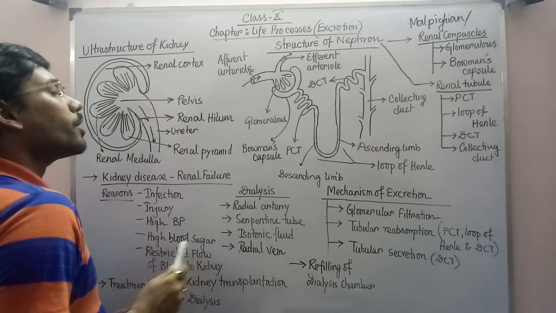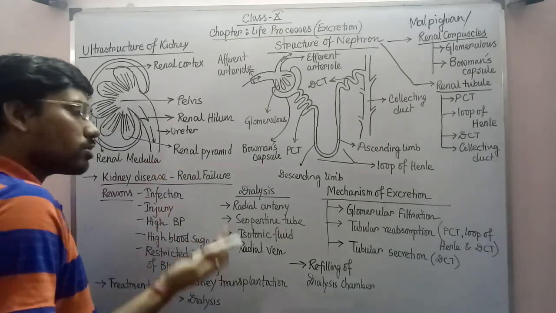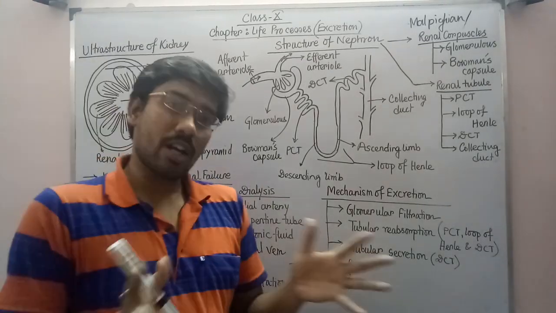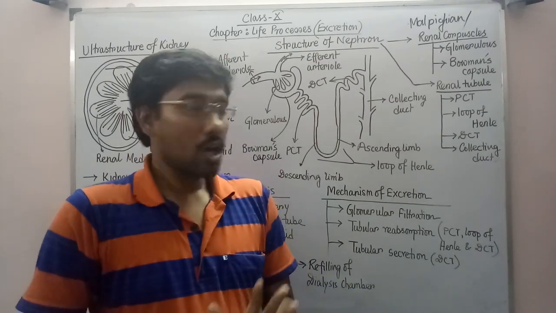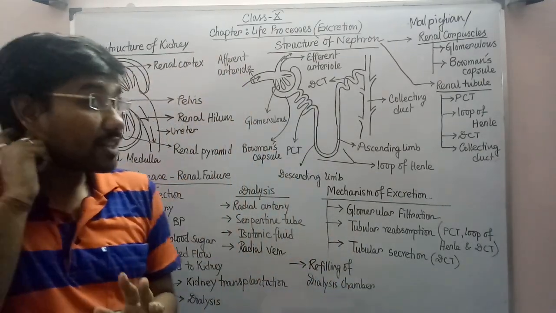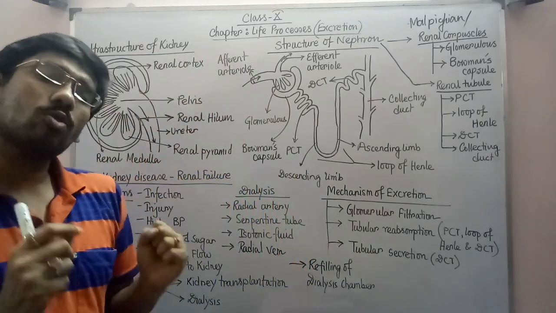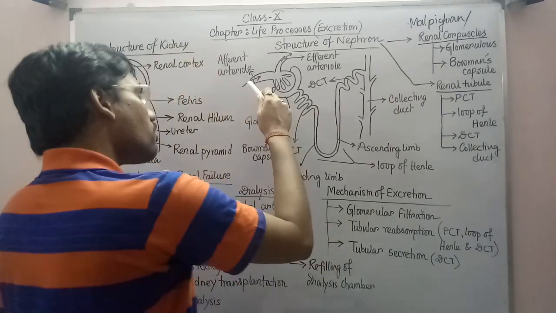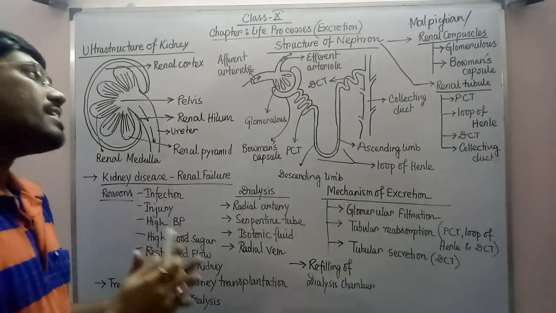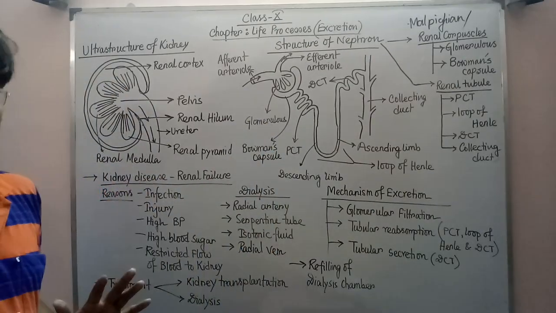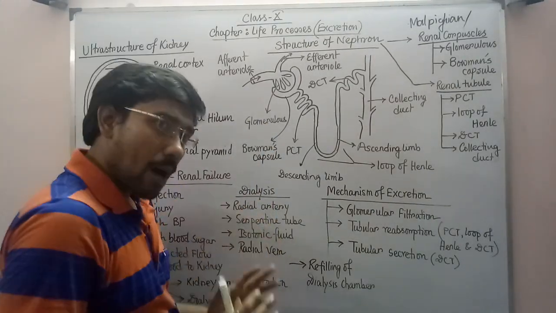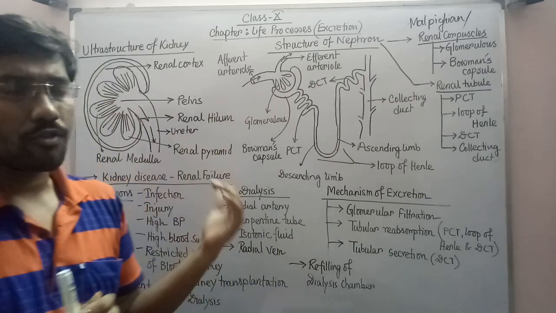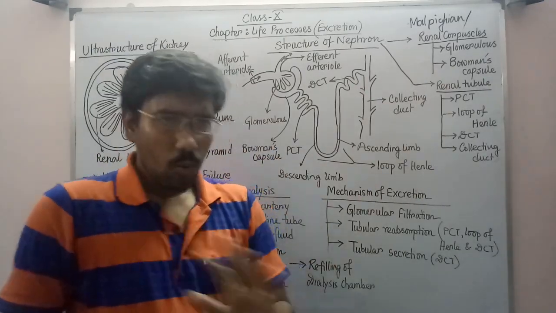First, the impure blood is entering the kidney through the renal artery. After that, the renal artery gets branched into multiple small arterioles, and those specific arterioles are commonly known as afferent arterioles. Those afferent arterioles will enter each and every nephron, and they get joined with the glomerulus. That means the impure blood is coming within the glomerulus. Now the blood stays within the glomerulus for a little bit of time. Why? So that the filtration can happen properly, because I have already mentioned that the diameter of the efferent arteriole is much less than the afferent arteriole, so that the blood can't move out with its impurities.